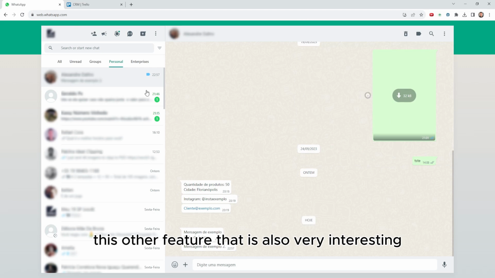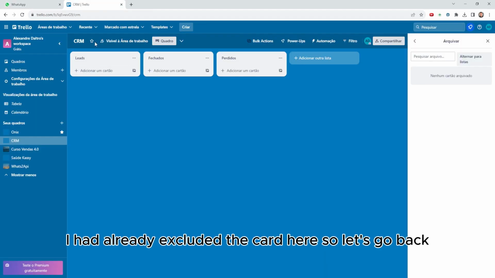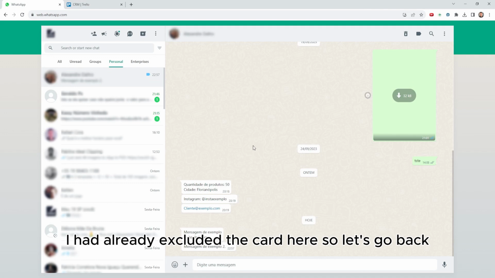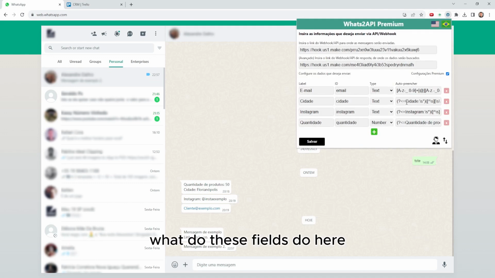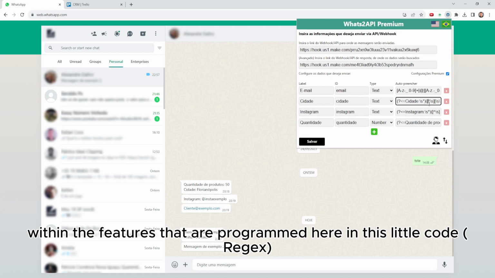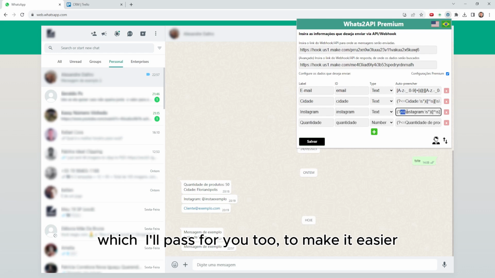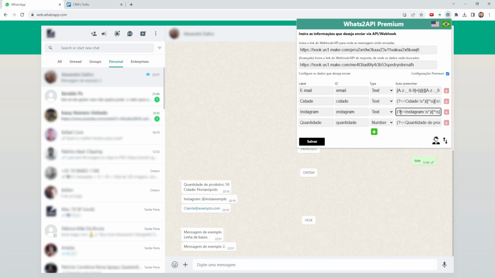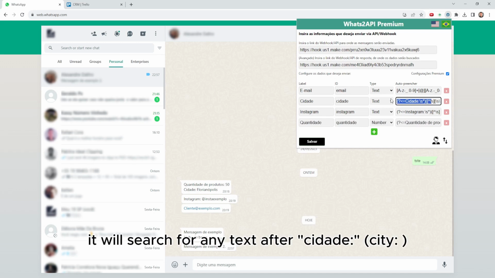This other feature is also very interesting. I had already deleted the card here, so let's go back. What do these fields do here? They look for a text within the features that are programmed here in this little code, regex, which I'll pass to you too, to make it easier. So basically what this code here is saying, it will search for any text after city,